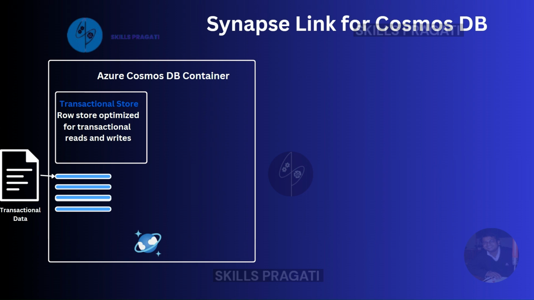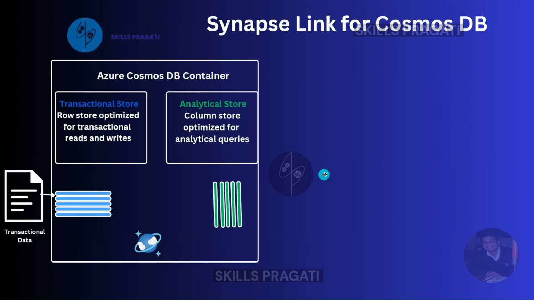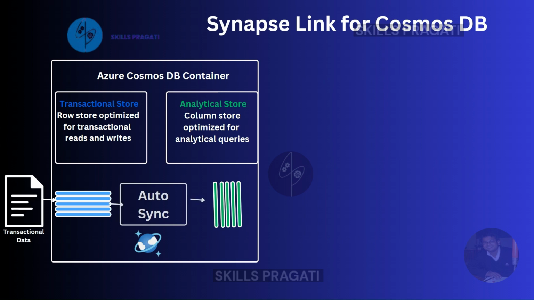When you enable Synapse Link, the data in the transactional store will be replicated to the analytical store, and the data in the analytical store will be in columnar format, which is optimized for analytical query engines. The replication from transactional store to the analytical store is carried out by an auto-sync process, which is fully managed by Azure. This is an asynchronous process which typically replicates the data within 2 minutes. In some circumstances, it may take up to 5 minutes,